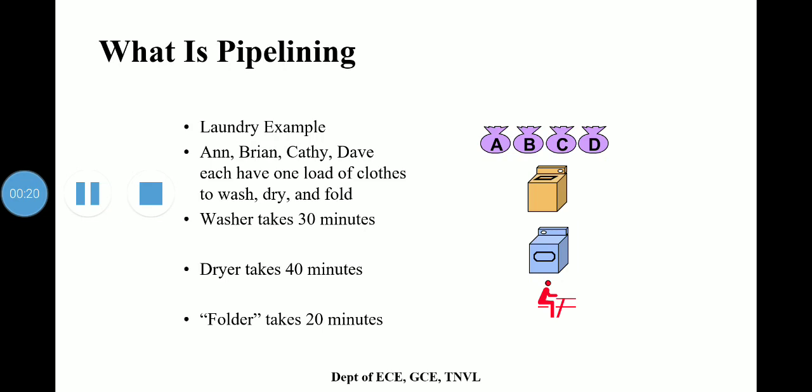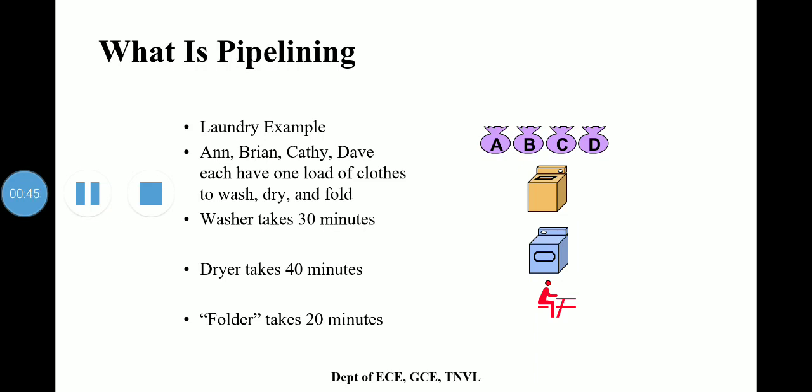So what is pipelining? Pipelining is an implementation technique in which multiple instructions are overlapped in execution. Today pipelining is nearly universal. This section relies heavily on one analogy to give an overview of the pipelining terms and issues. The analogy is a laundry example.